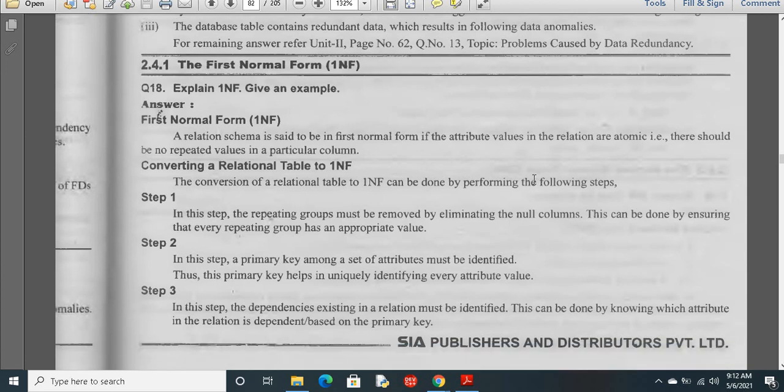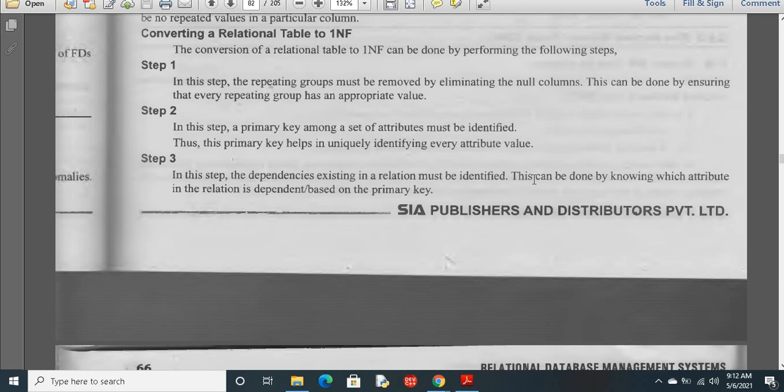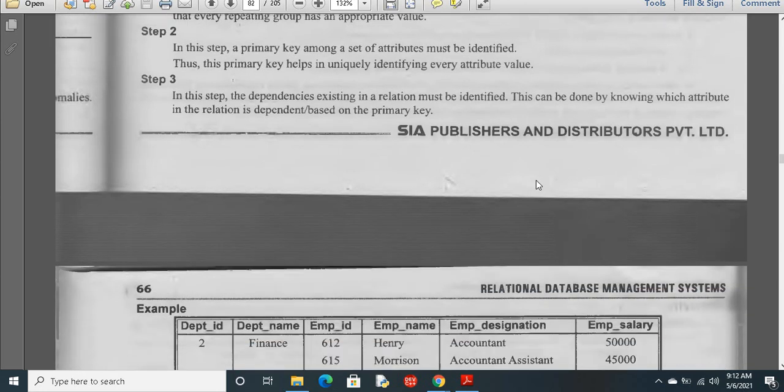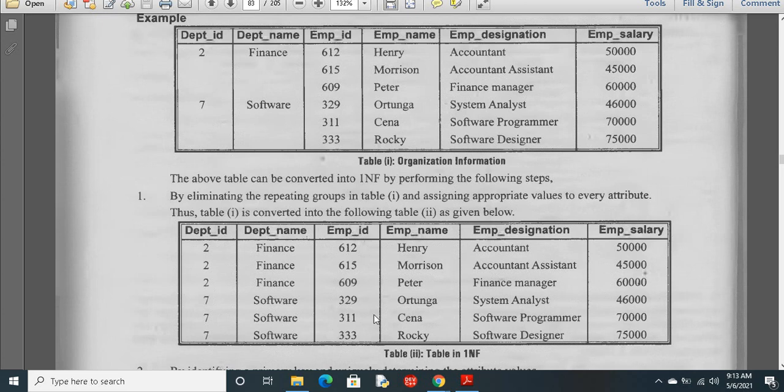In the last class we discussed first normal form. Let's have a recap. If you have any data, we have to remove the null values and the duplicate values, and along with that we have to set a primary key. In the sense, we have to set a primary key, and that must be either a single column key or a composite primary key. So we can remove the functional dependency, and that is considered first normal form.